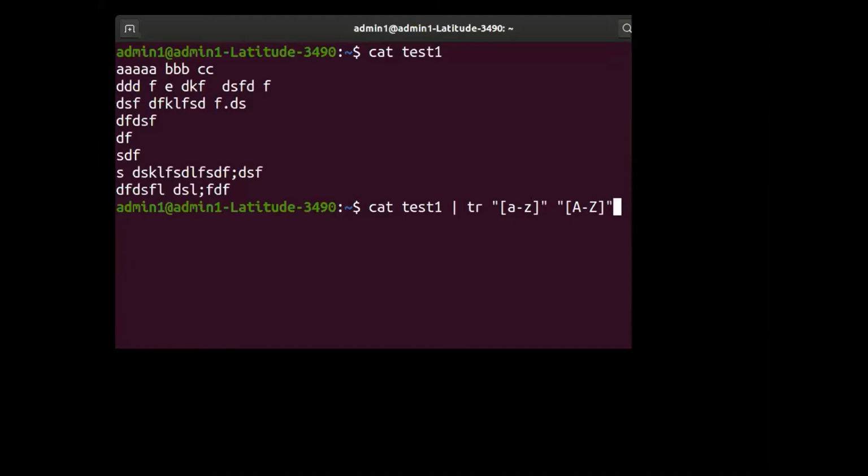Now what happens? The contents of file test1 will be fed as input to the tr command. You know the piping mechanism, how it works. So this content will be converted into equivalent uppercase.